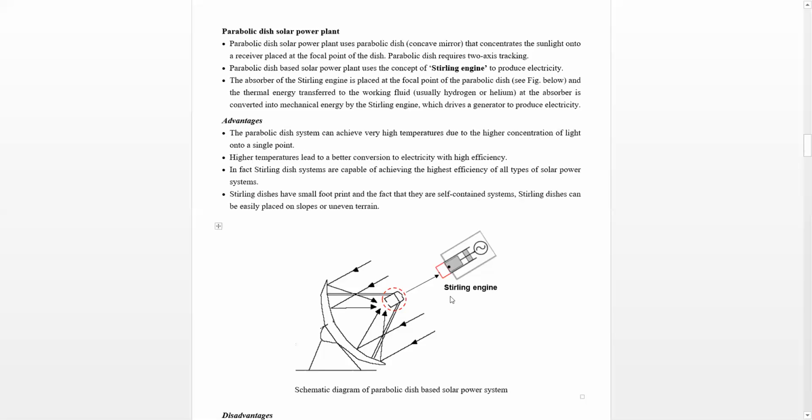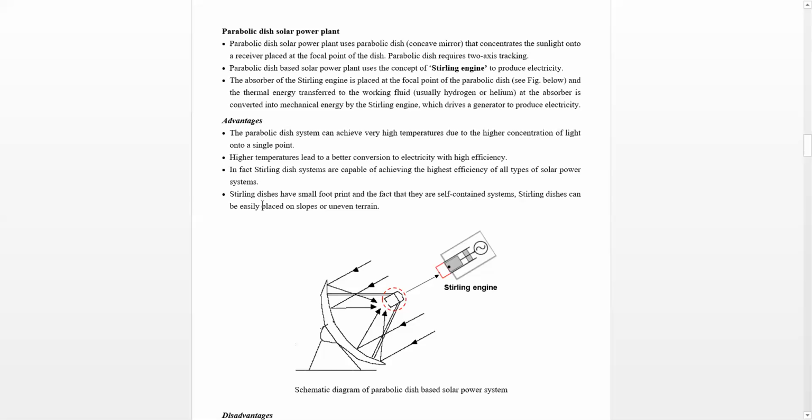So you see, we all know that for any reversible engine working across an operating temperature of say T1 to T2, where T1 is the temperature at which the heat is applied and T2 is the temperature at which the heat is rejected, the efficiency of such a reversible engine is given by 1 minus T2 upon T1. So if T1 is high, that is, the temperature at which the heat is applied is high, then obviously the efficiency would be high. So in this case, the solar power system, the achieved temperature is very high. So obviously this system has very high efficiency. In fact, this parabolic dish power plant system has the highest efficiency of all other types of solar power systems.